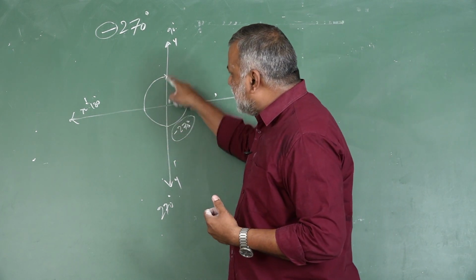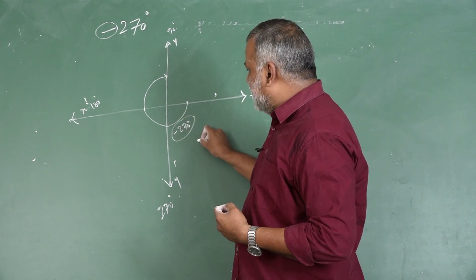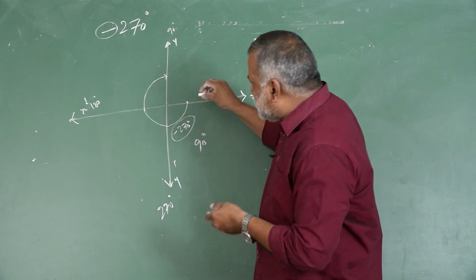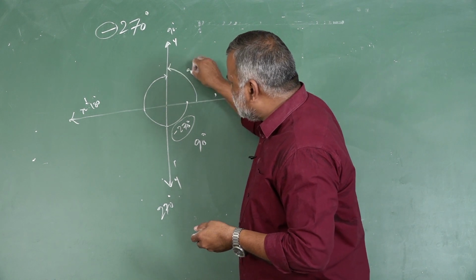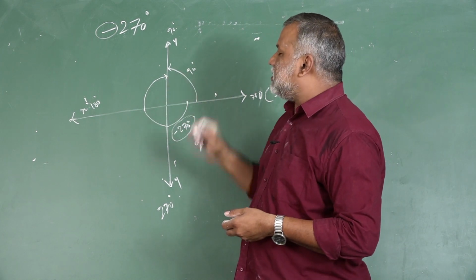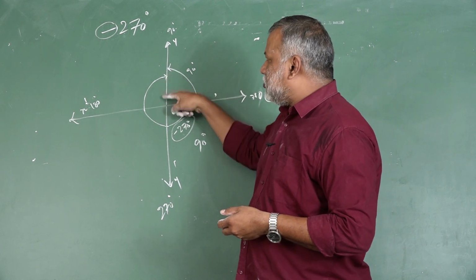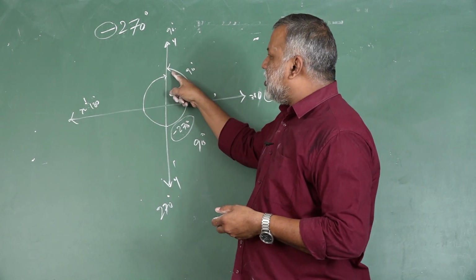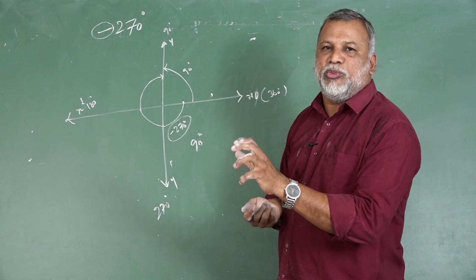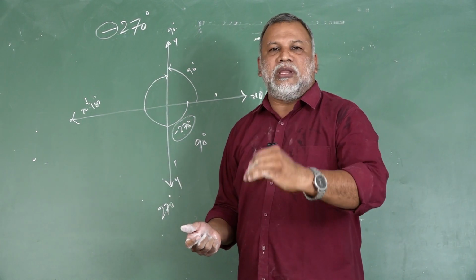Then the terminal side ends in which place? 90 degree. Therefore, minus 270 degree and 90 degree have the same terminal side. 90 means from this we can write. This is 90. So, this is the clockwise rotation, and this is the anti-clockwise rotation. Minus 270 ends in this place, that means the y-axis. 90 has its terminal side on the y-axis. Therefore, minus 270 and 90 degree are said to be coterminal angles. Like this, we are able to denote coterminal angles.